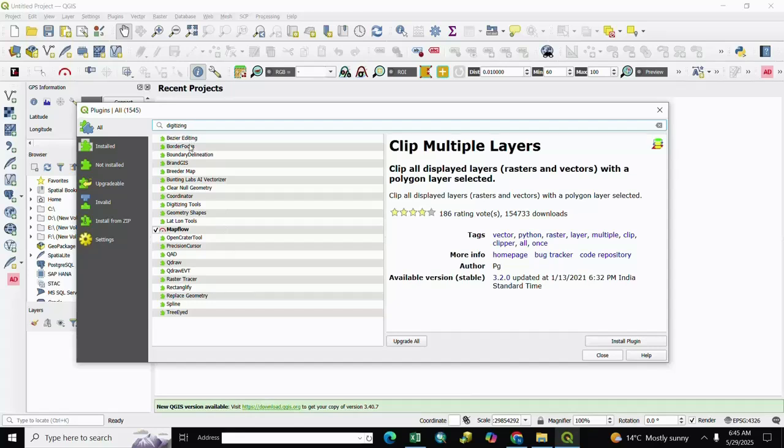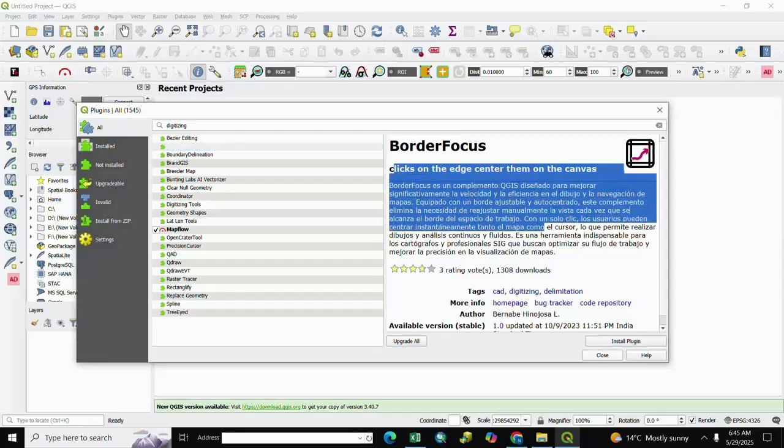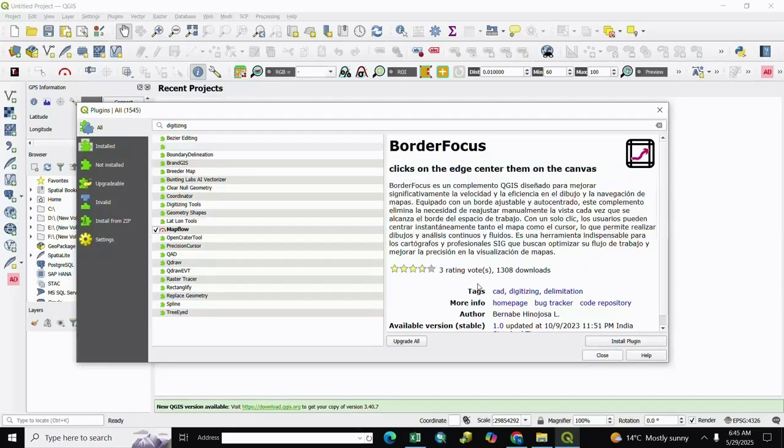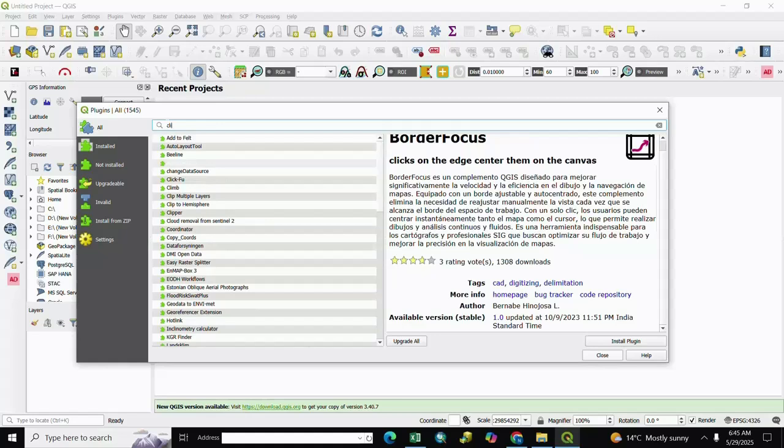If you want more detail, you select it. Here are the focus, all the detail, rating and downloads. If you want another plugin, you write here. If you want a clip related plugin, you write here clip.